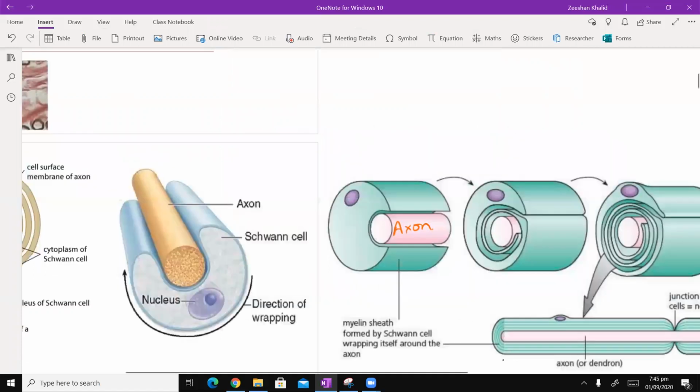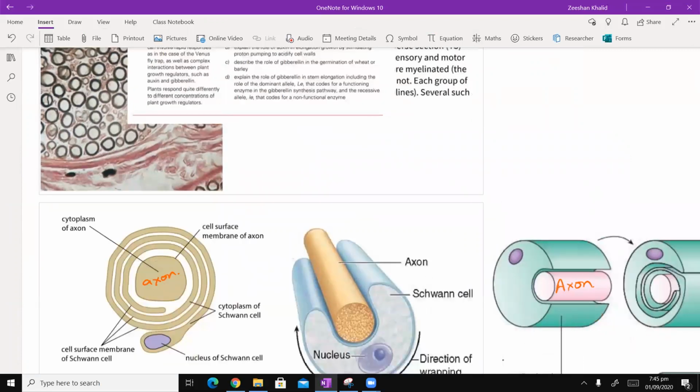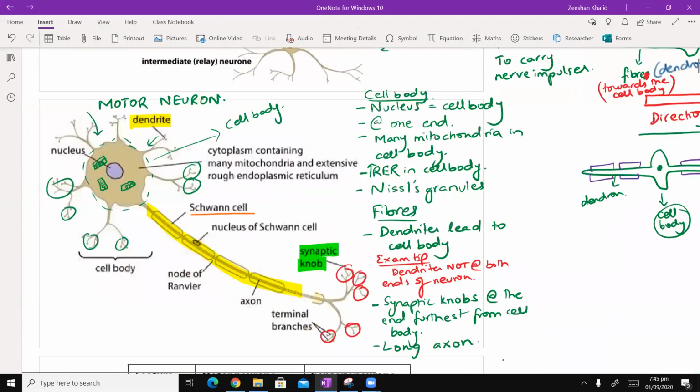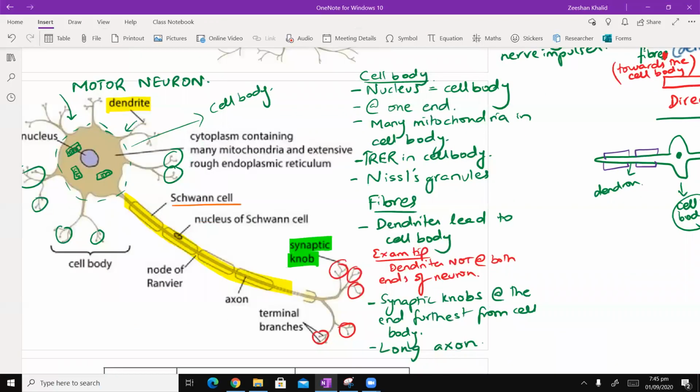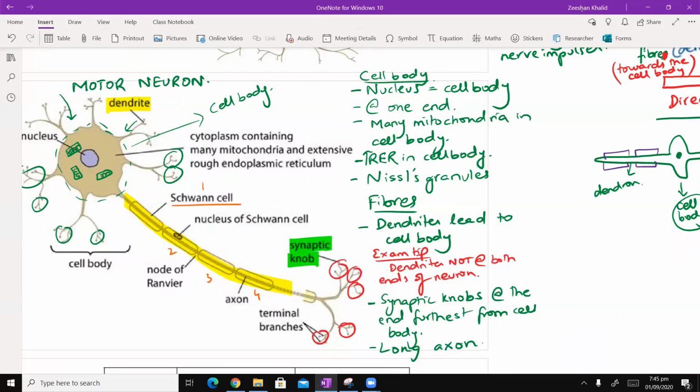So that's basically what a Schwann cell is. A Schwann cell is basically rolling itself all along the surface of the axon. लेकिन आप देखें कि यहाँ पे ये एक Schwann cell दिखाया हुआ है, फिर ये, then this is the second one, that's the third, that's the fourth. So it's not one single Schwann cell that is surrounding the entire length of the axon. Okay, it's different. So you can see that there are spaces in between the Schwann cells which don't have any myelination, as in myelin sheath.